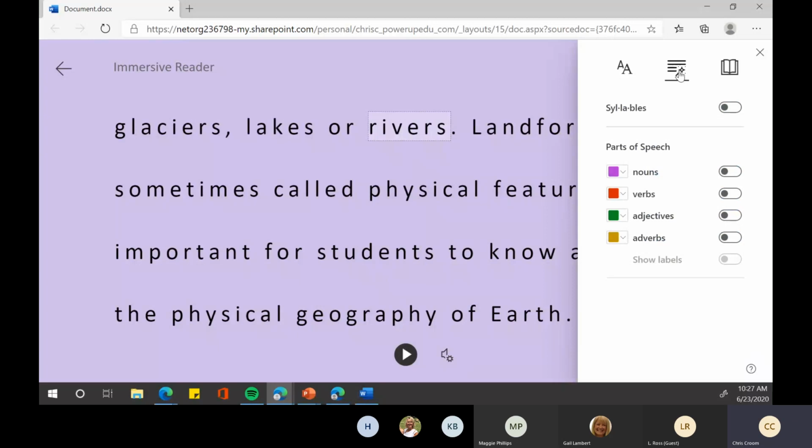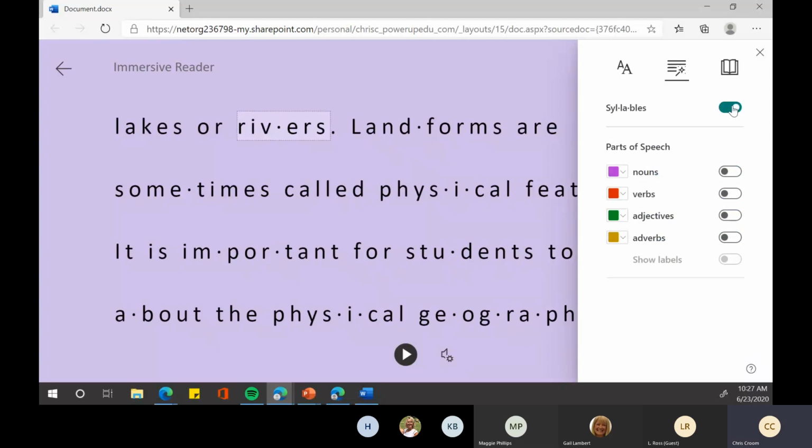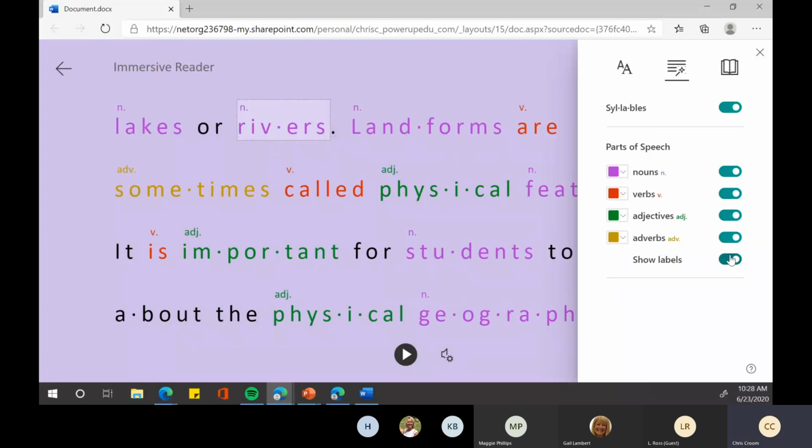But this is also great for the foreign language teachers, and I'll share that in a little bit as well. So underneath the grammar settings, if you turn on syllables, it shows you the breakdowns of the words. So rivers, landforms. It breaks it down into the different syllables. So that's awesome in your younger grades when you're teaching students about syllables and how to pronounce things, but also your parts of speech. If you turn it on, it automatically colorizes and labels, if I turn the labels on,